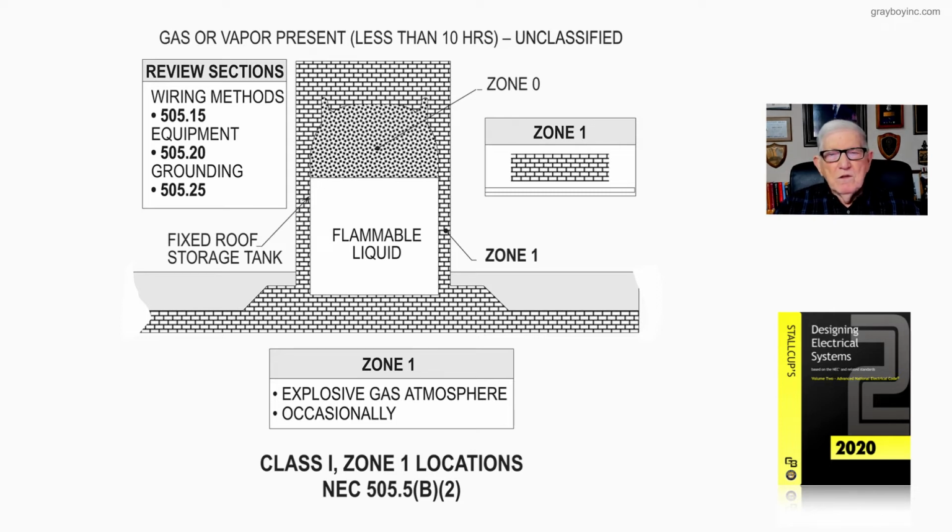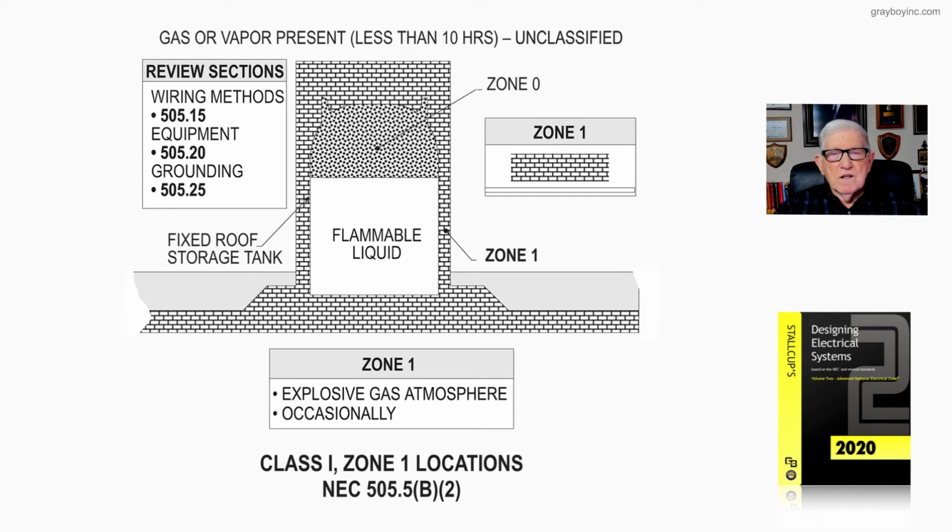Now, notice this Zone 1 at the very bottom of the illustration shows that this gas is there occasionally. So that means it's there less than 1,000 hours, but 100 hours or more. So that's what this figure